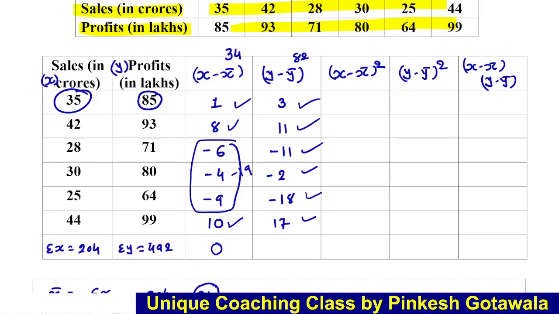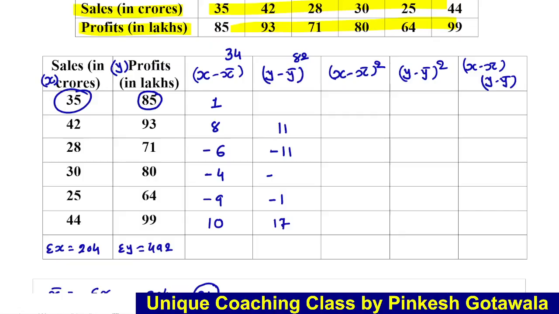Clear? So remember this, in every sum, whenever you are going to find x minus x bar, y minus y bar, it must always be 0. If not, it means you made a mistake. Clear? Okay, now